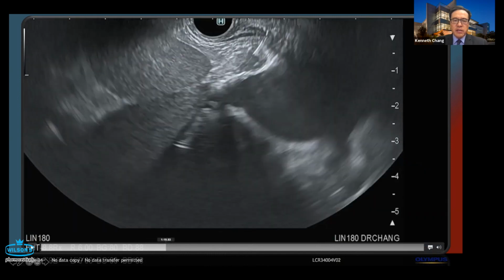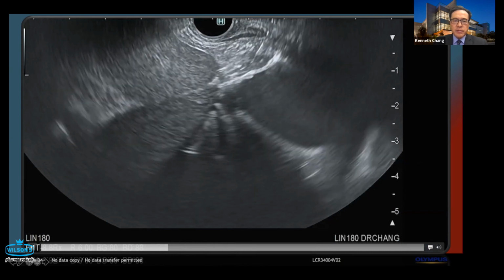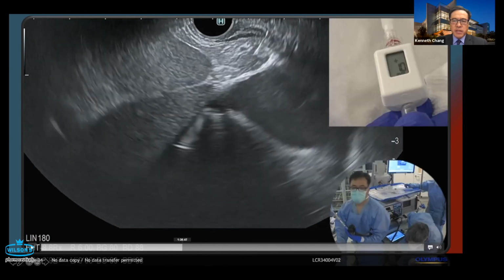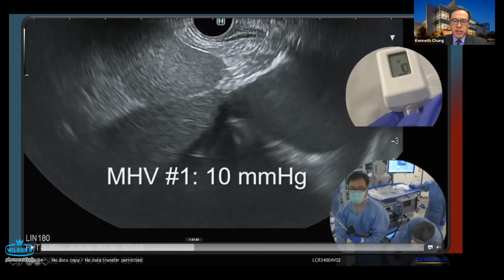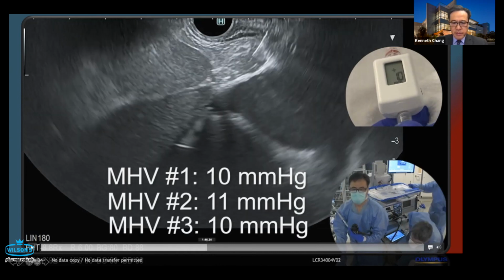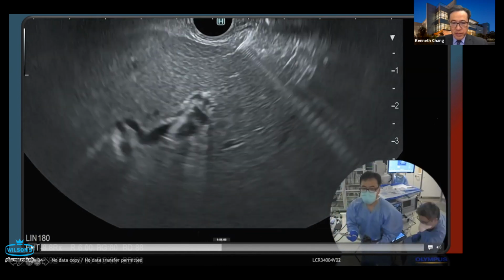Here the needle is in the middle hepatic vein, and I'll just zip through here. So the pressure was 10, 11, and 10. So that was the baseline pressure. The needle is now